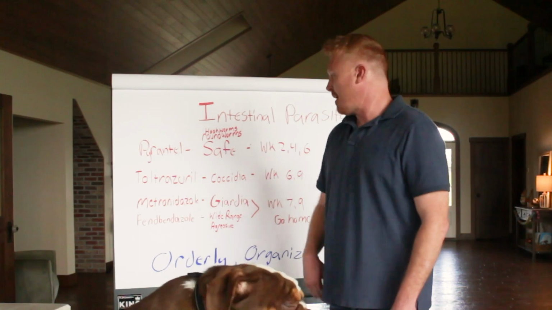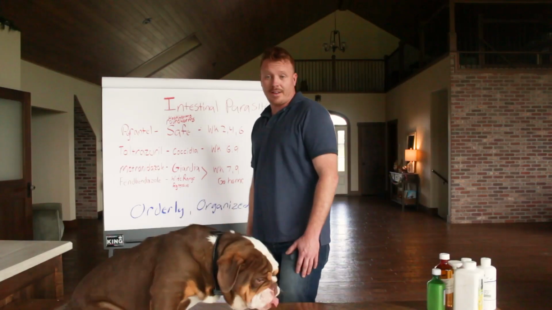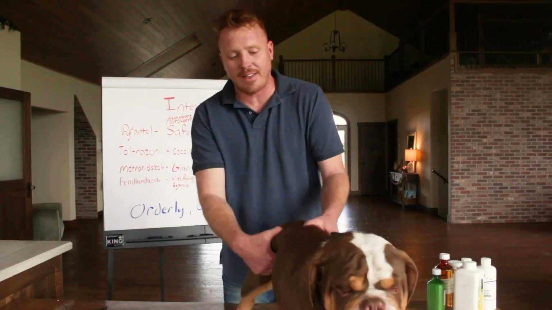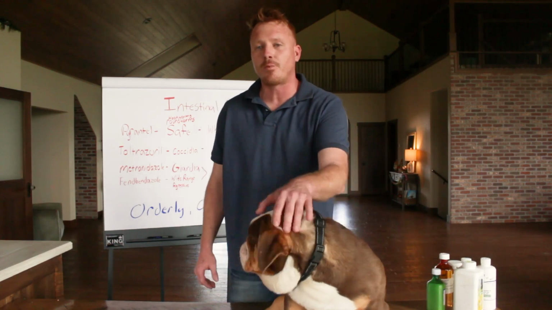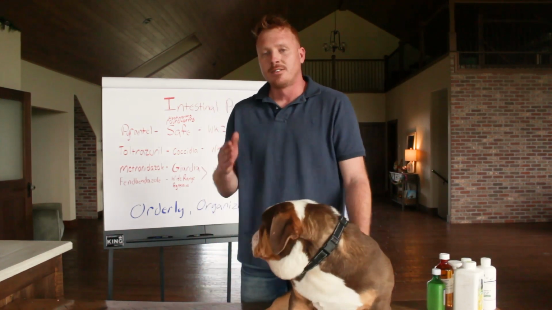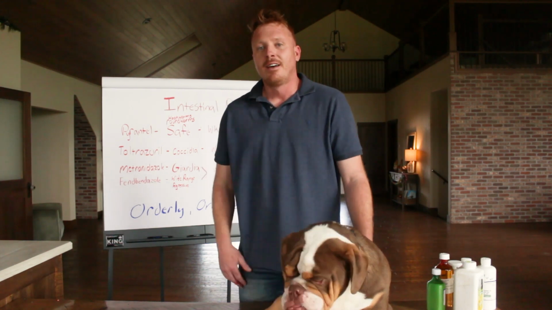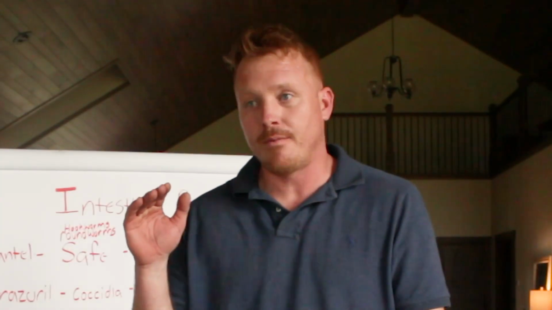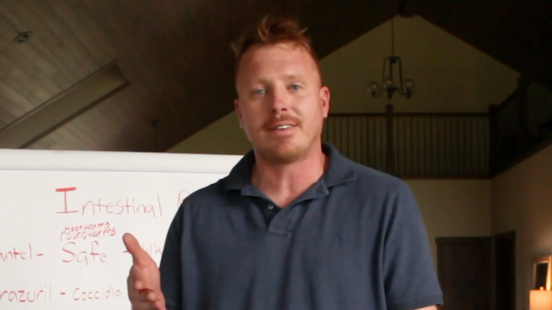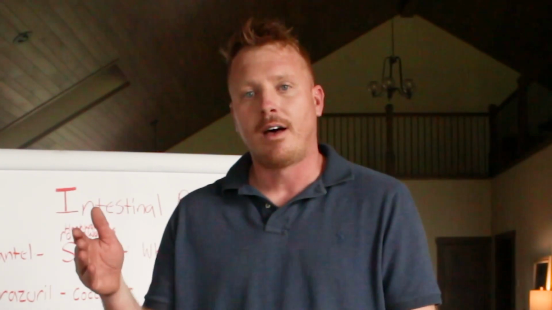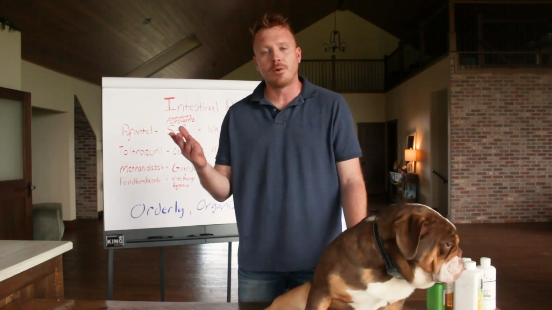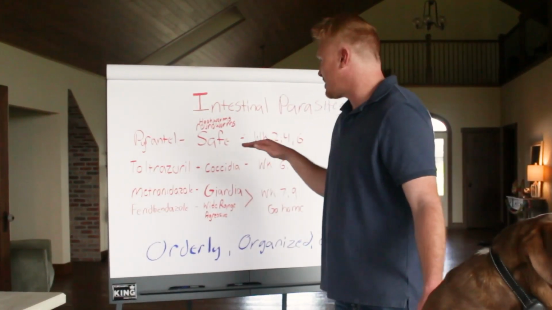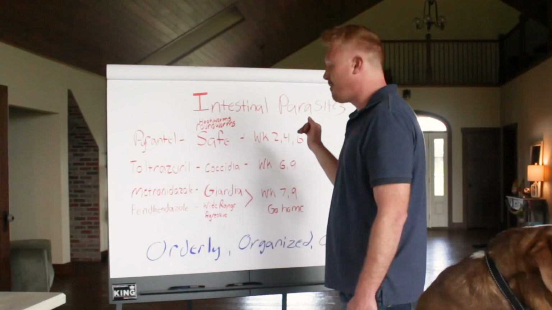The second thing I want to talk about is toltrazuril. That's something we've discovered in the last 5 or 6 years, and it is specifically really effective against coccidia. So if your puppy has coccidia, toltrazuril is, bar none, the best medication for coccidia. It's not something that a lot of vets prescribe. Some do if they know, but toltrazuril is very effective against coccidia.